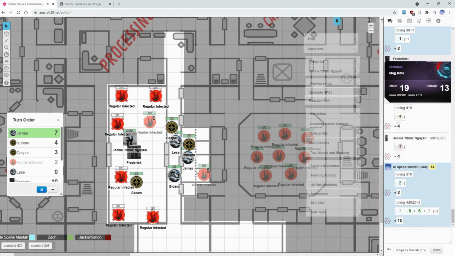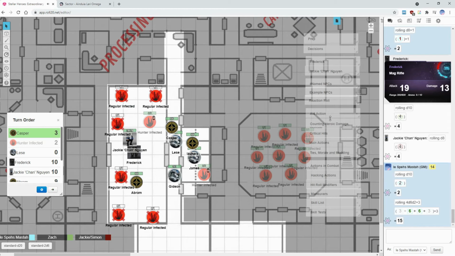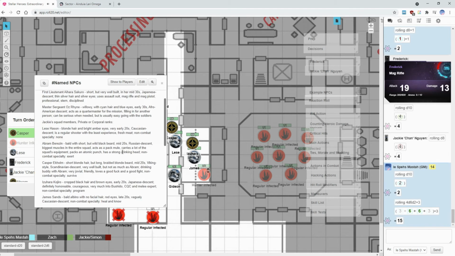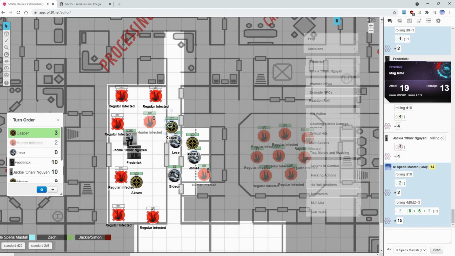So James and Izuhara continue scanning this room. Casper, actually, is any one of them specialized in, did I give them a non-combat specialty in perception or notice? Probably not. Casper is slightly inching forward, trying to listen intently. And then...